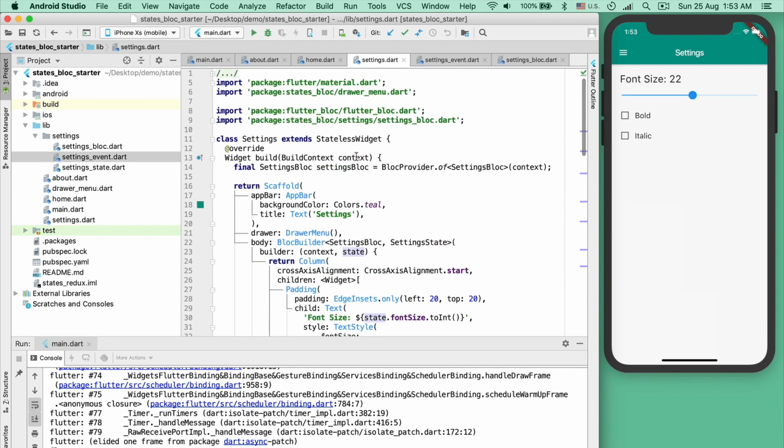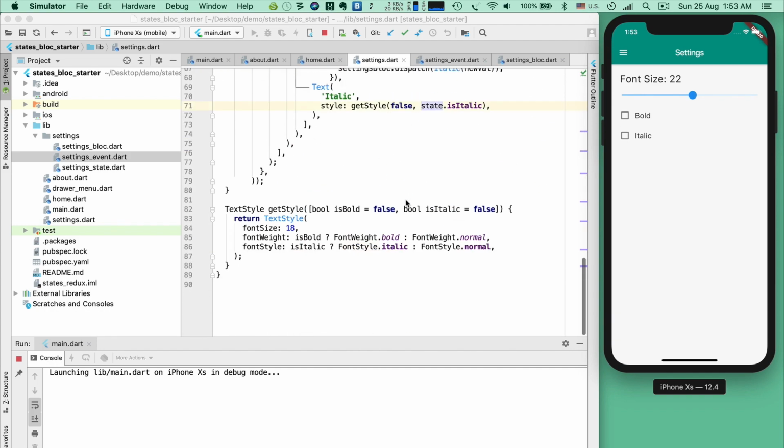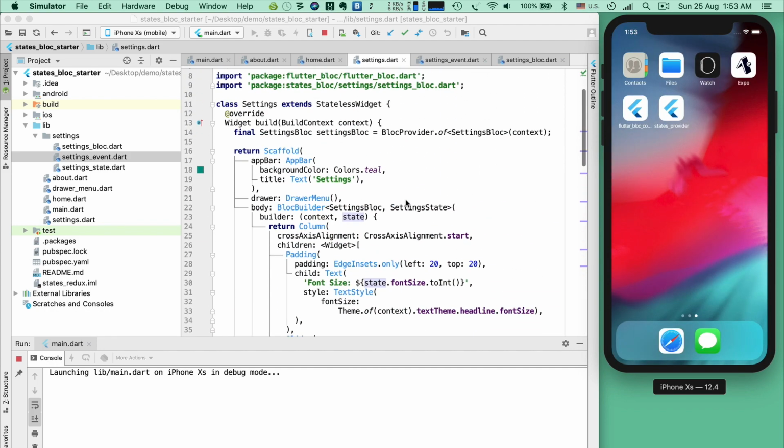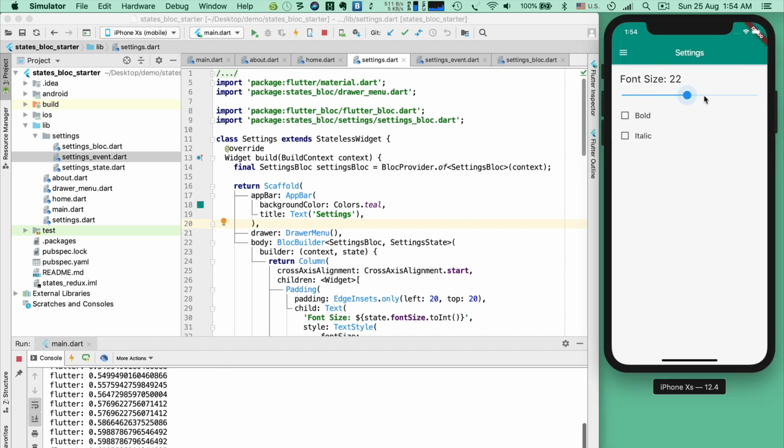So it's done. So I rerun this application at this point to see if it's working correctly or not. If I go to the settings page and move the slider, it's working, bold is also working, italic is also working. So our settings page is done. So let's move to the